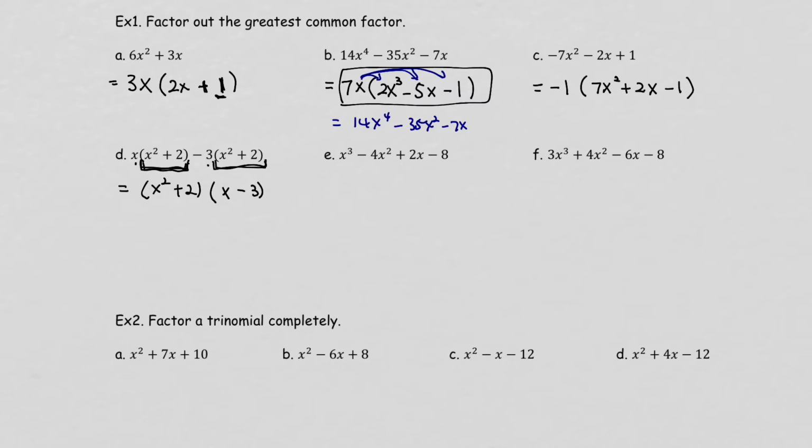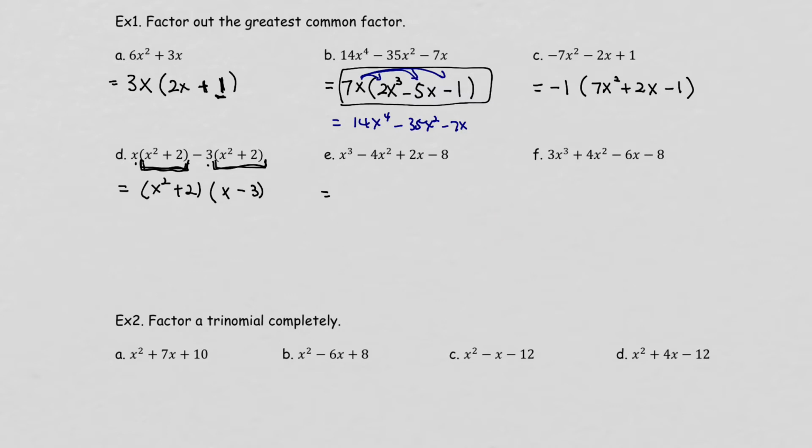Let's look at the next one. This is 4 terms. With 4 terms, we want to find the greatest common factor, but we don't have any common factor, right? This one doesn't have any numbers that are common with the other ones. This one doesn't have any variable that is common with the other ones. So you will not have a greatest common factor. So what you're going to do then, if you have 4 terms, this only works for 4 terms when you have